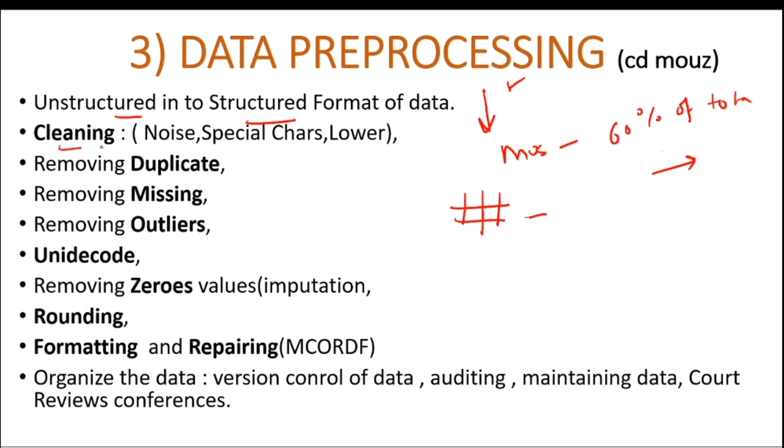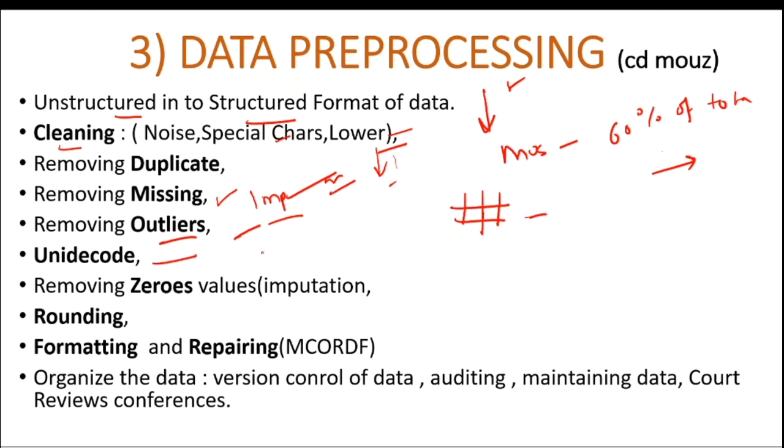And after that, we need to clean the data. We have to remove the unwanted characters, special characters, and we have to convert all the characters into lower case. Suppose in case of names, in many cases we have upper cases, so we'll convert all characters into lowercase. We will remove the duplicate rows because they are not required. We will handle the missing values. We will do imputation here. There are many methods of imputation, I have covered already in another video. And we will remove the outliers. Either we will remove or we will fix the outliers.